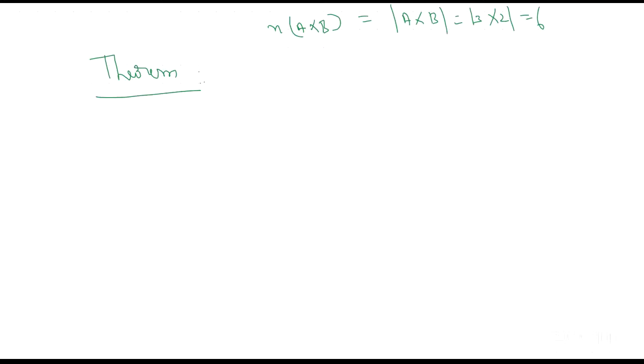The principle of inclusion and exclusion for two sets. Statement: if A and B